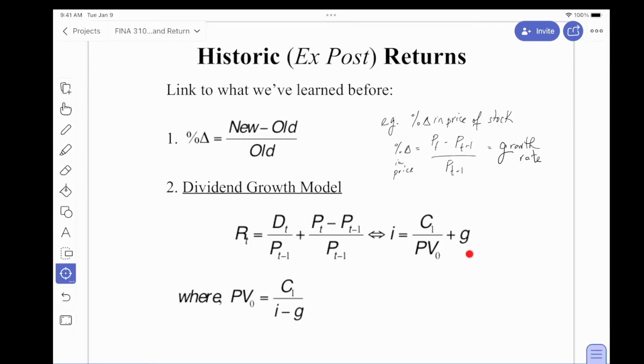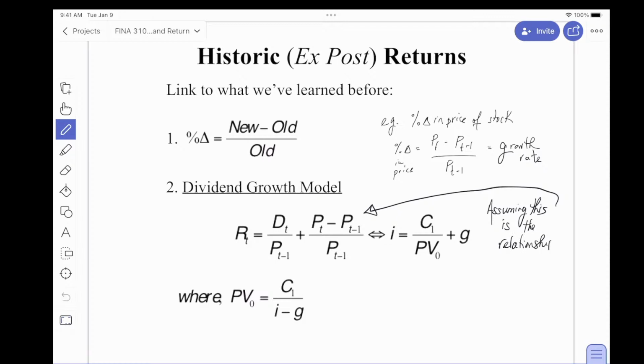So I'm going to rename that G. Now, in doing that, I'm making an assumption here. So if I assume that the relationship between price and dividends over time is consistently like this, I'm going to call dividends,